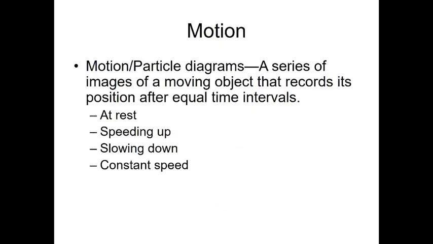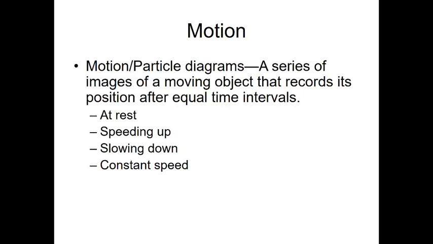All right, the final thing we want to talk about in this screencast are what are called motion or particle diagrams. So here we take an object and we think of it as if it's just one particular point, usually one particular point at its center of mass or center of gravity. And the motion diagrams show us a series of images of an object moving, and it records the object's position